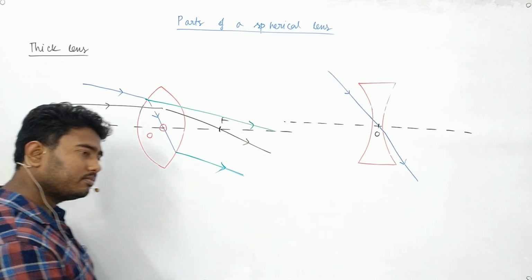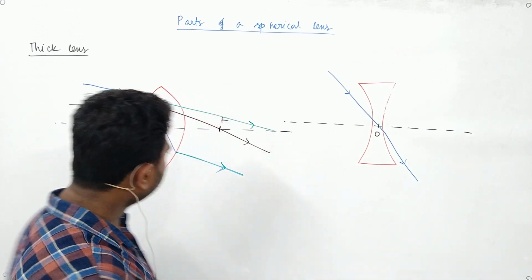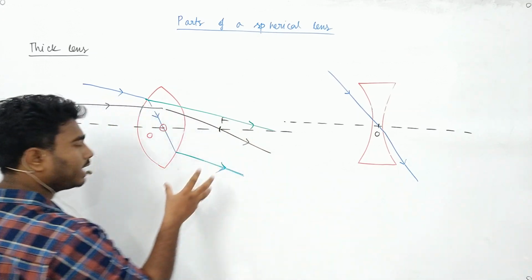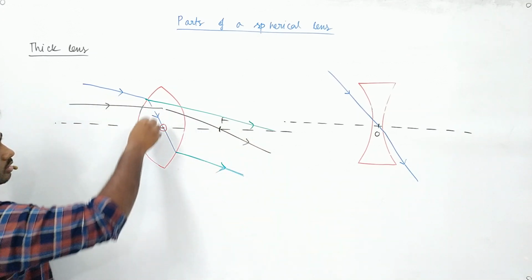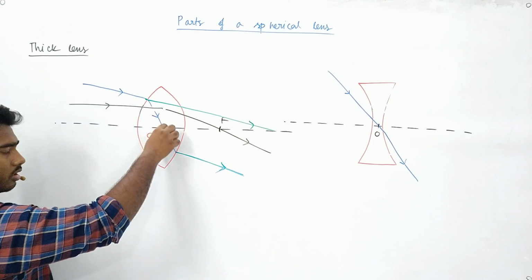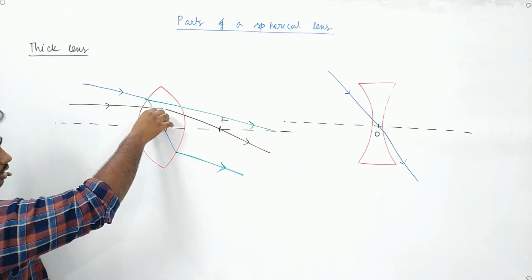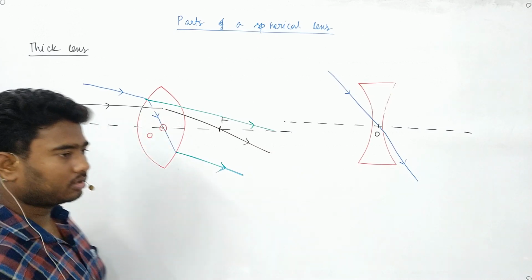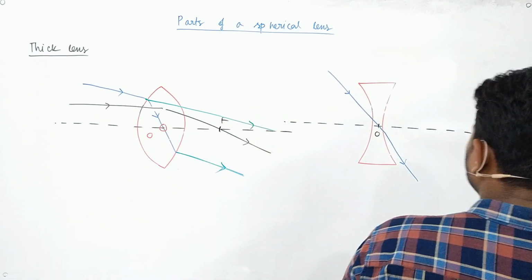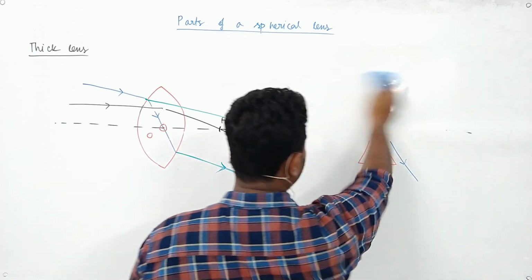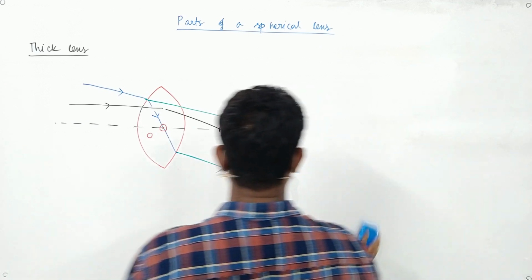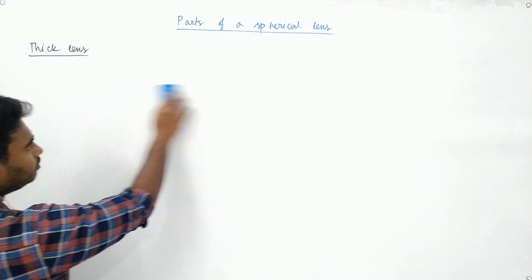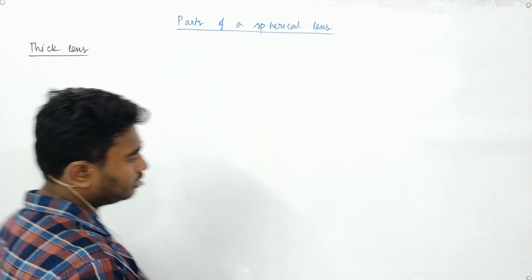Yes, sir. So this is what I am asking you, that if the incident and the emergent rays are parallel to each other, in that case only the ray will pass through the lens, cutting a point on the principal axis. That point will be known as optical center. Okay. Now is it clear to all of you now? Yes, sir. Okay. Now we will understand what do we mean by